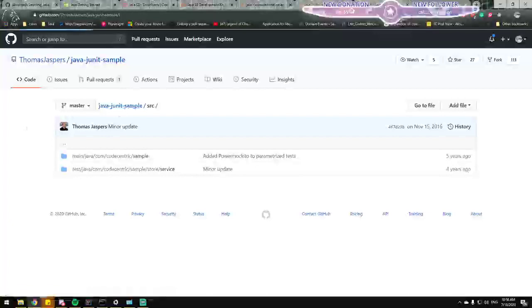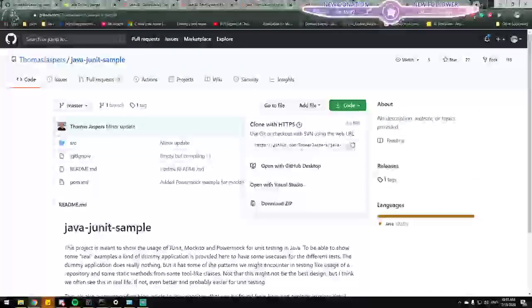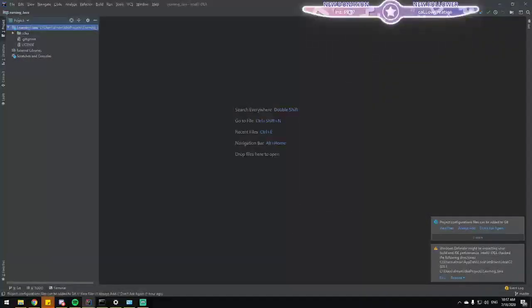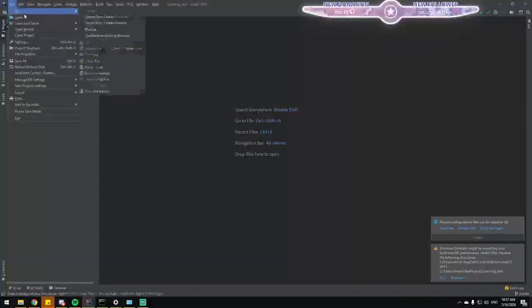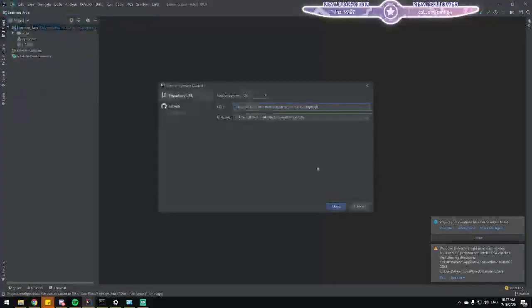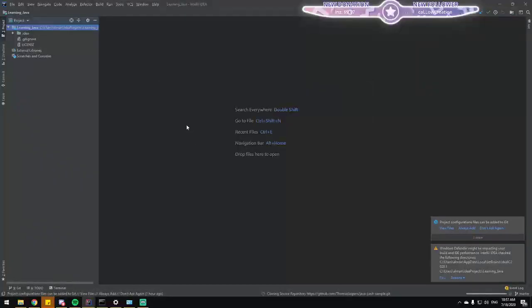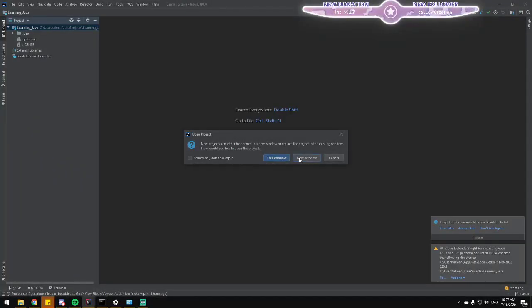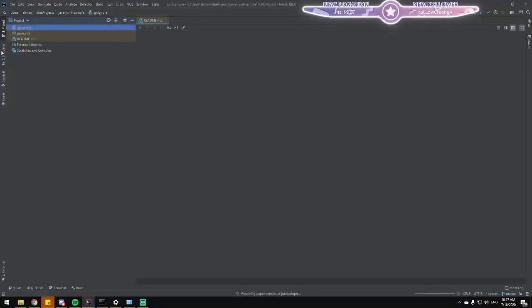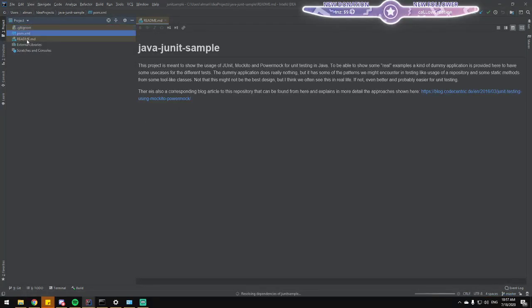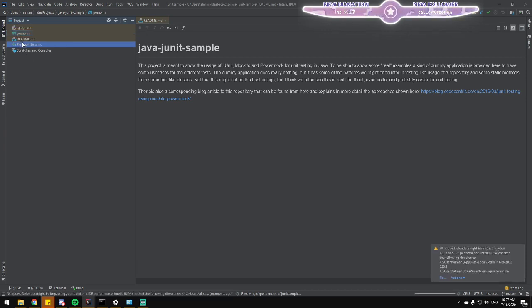So how does the guy actually organize it? I'm still confused. I think I will clone his repo and steal the ideas as I normally do. Open, new project from version control. Let's steal the ideas that people put on open source. That's the best way to code. Pom.xml. For some reason I wrote mom.xml. Don't ask me why.